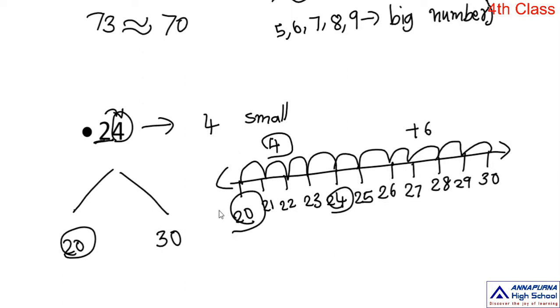For small numbers we can draw number lines, but for big numbers, for thousands, for 10,000, it is very difficult to draw the number line. So that's why we are using this method. So what is the next number on the right? See that one. Does that number belong to the small number family or the big number family? Identify that and choose the small number or big number according to the sum. In this sum we have to choose the small number 20. So 24 is approximately equal to which number, children? 20. Do you understand, children? Very good. Let's move to the next sum.